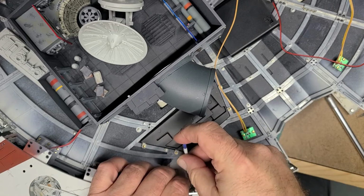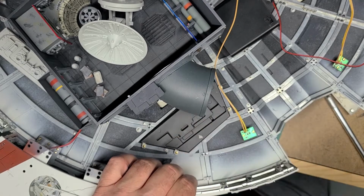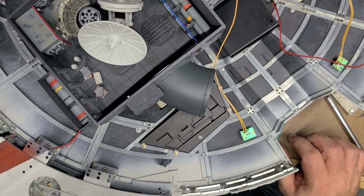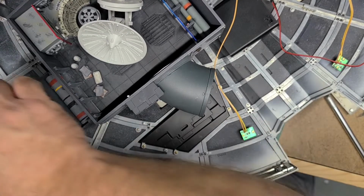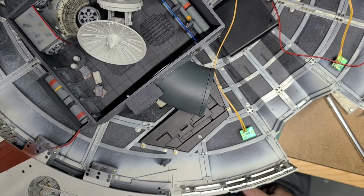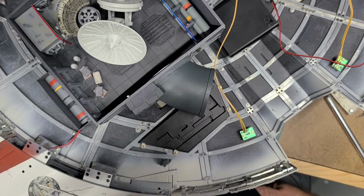We will go around and fix up all of these. Let's get them all put in place, see how they fit. Oh, I can't pull the magnet out. That's awesome. I'm going to have to glue something on there for that. Pull it out that way. Okay, now this one should be interesting. This one's kind of hard to put in anyway. This one I actually thought about not worrying about the magnets and just sticking it in there and let friction